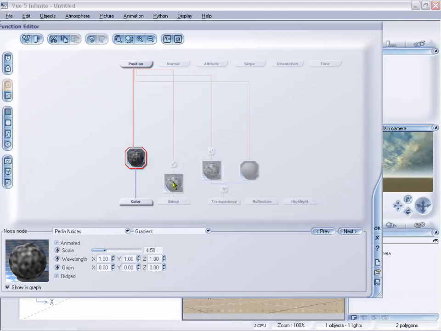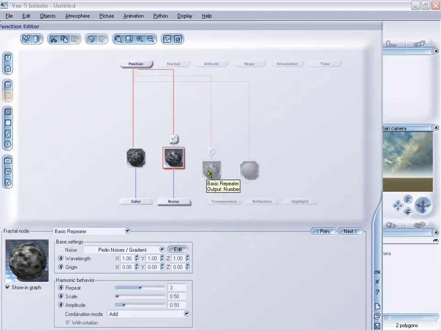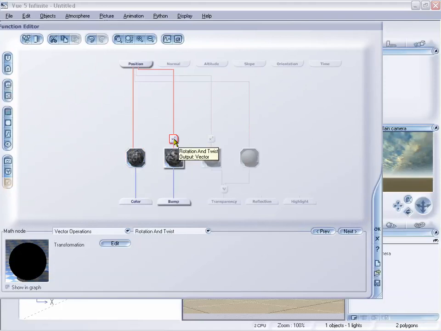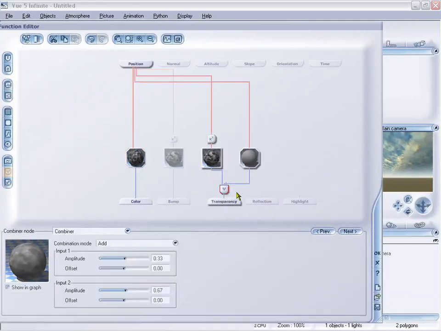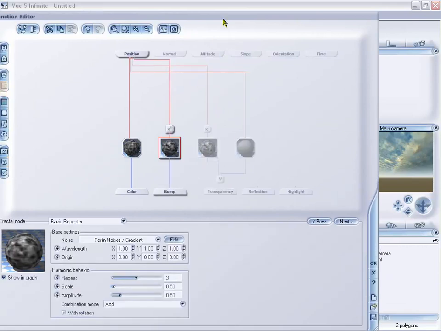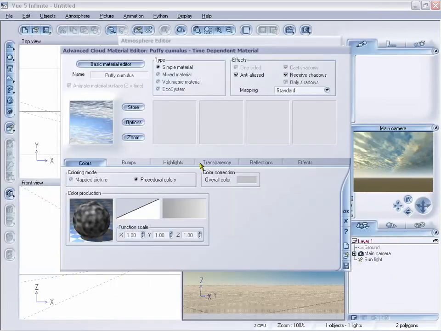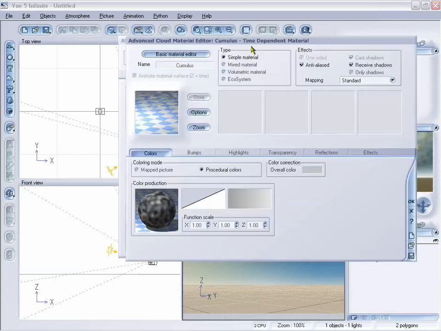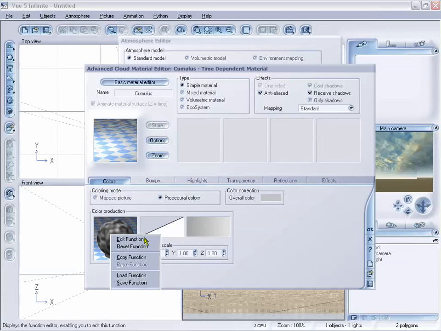And as you can see, we have a noise node, and we have a fractal and another fractal, and then another noise node on the end. And we also have math nodes with rotation and twist on them. And we also have our combiner node. So we're combining two separate nodes for our transparency. So you just want to go in and take a look and see what a lot of the presets have, because you can learn a lot about certain techniques and it's probably the best way to learn any of these